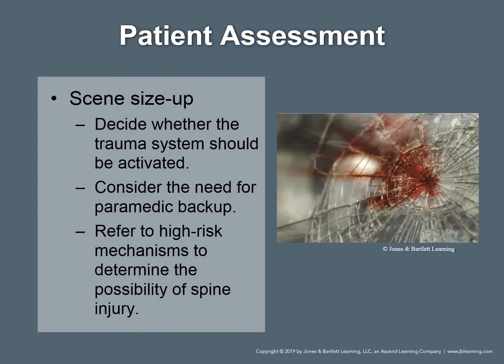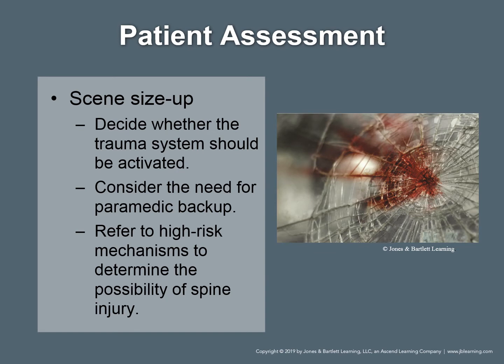Okay, so now we're going to talk about your patient assessment. We always start with our scene size up. You need to make a decision whether this is a multi-system trauma patient. Are we looking at level one trauma center criteria, or is this just some form of isolated injury? As an EMT and advanced EMT, you also need to seriously consider paramedic backup. Paramedics can do things like hang vasopressor drips to increase blood pressure, do advanced airway management, and those kind of